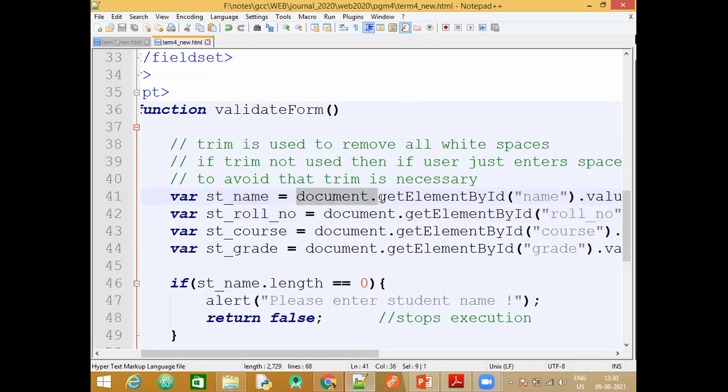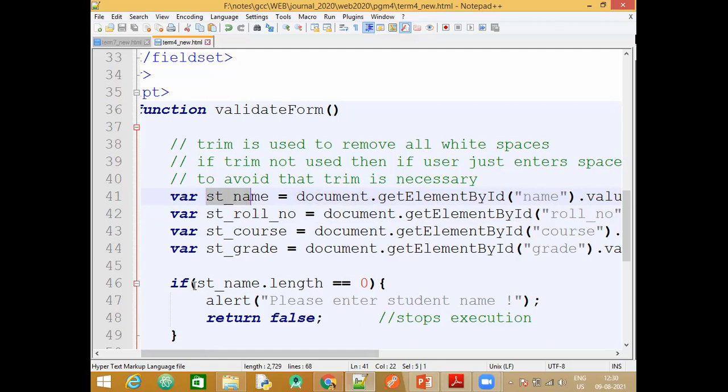One LHS is there, one RHS is there. On the RHS, we fetch the value with the help of document.getElementById. Whatever value is fetched on the RHS is stored on the LHS, and we will make use of this LHS variable.